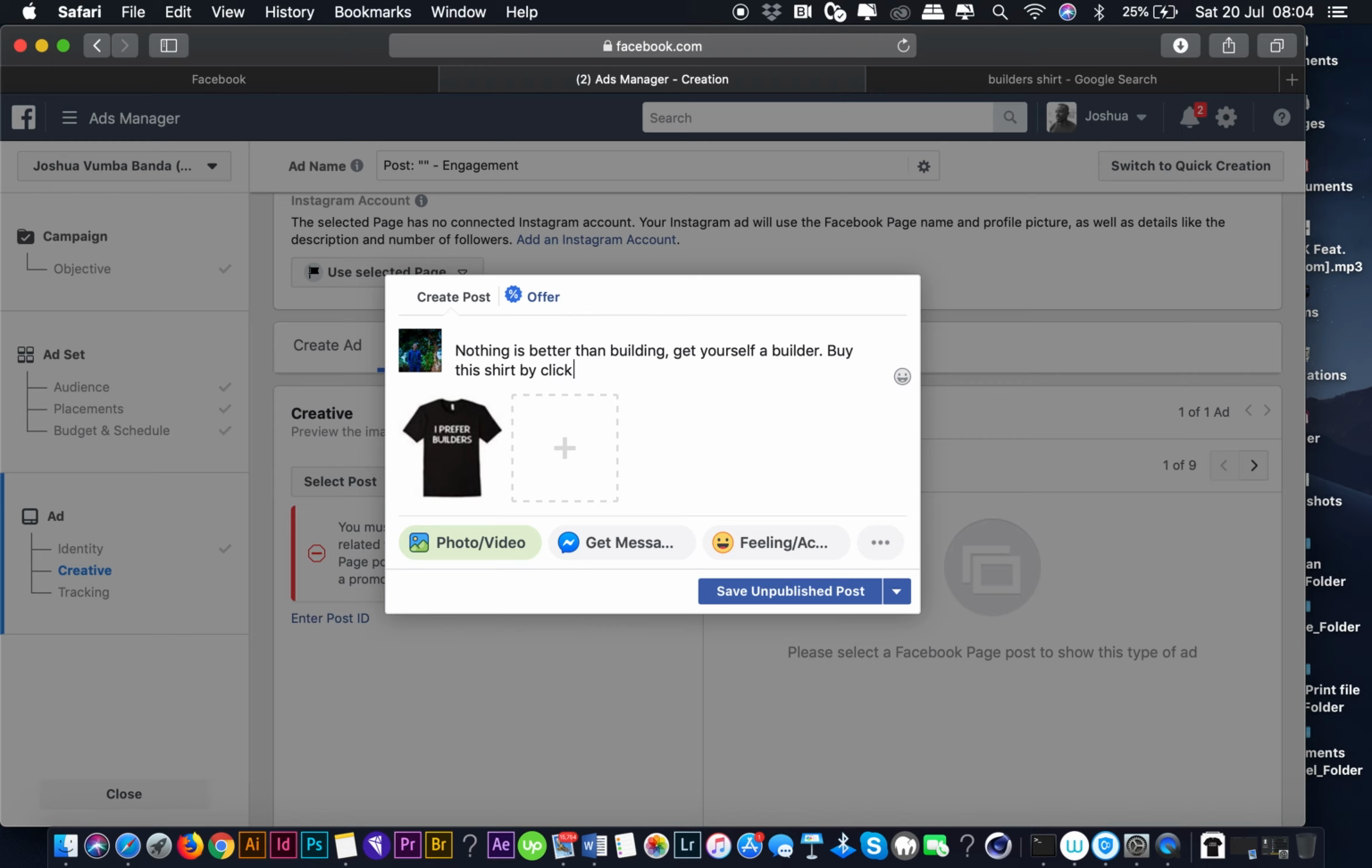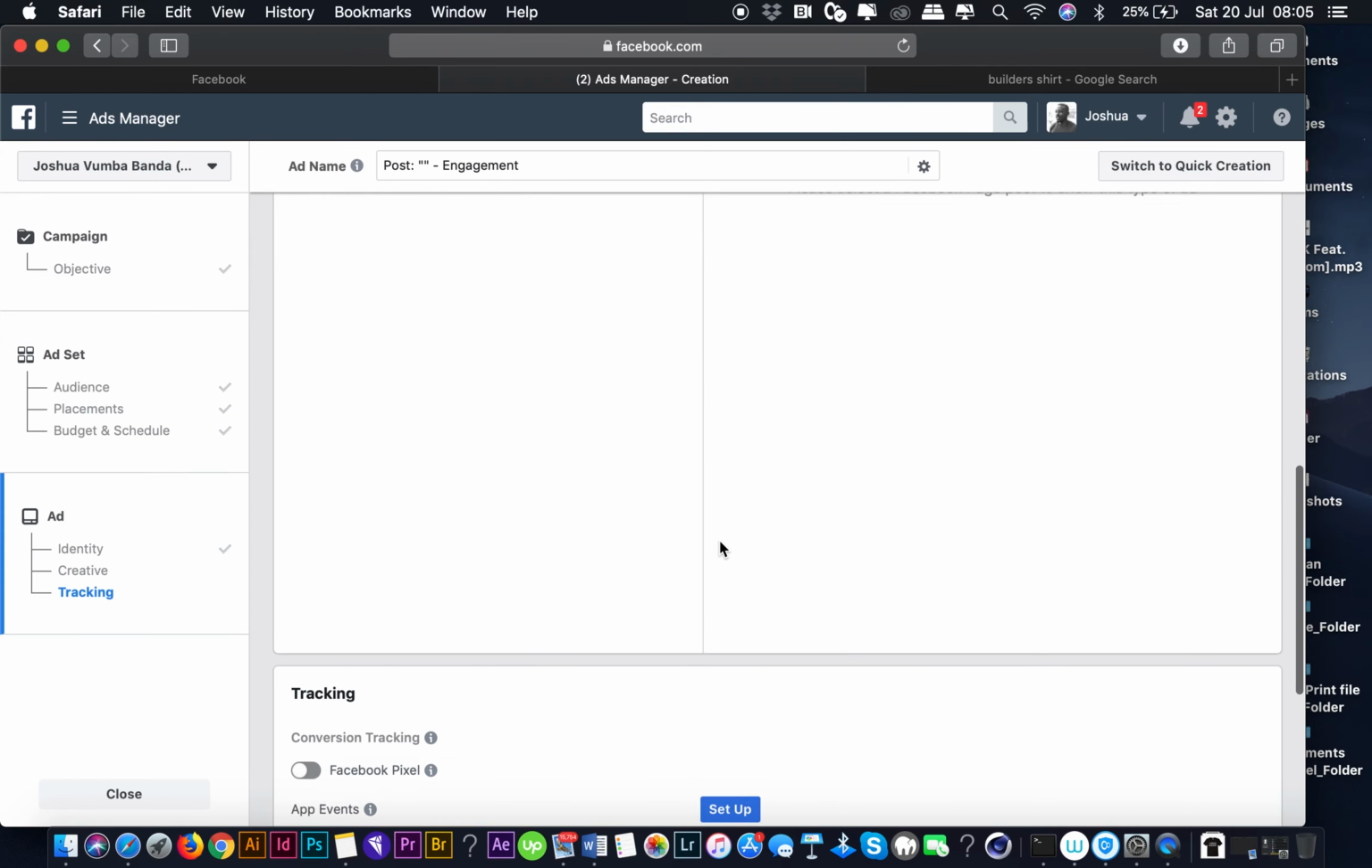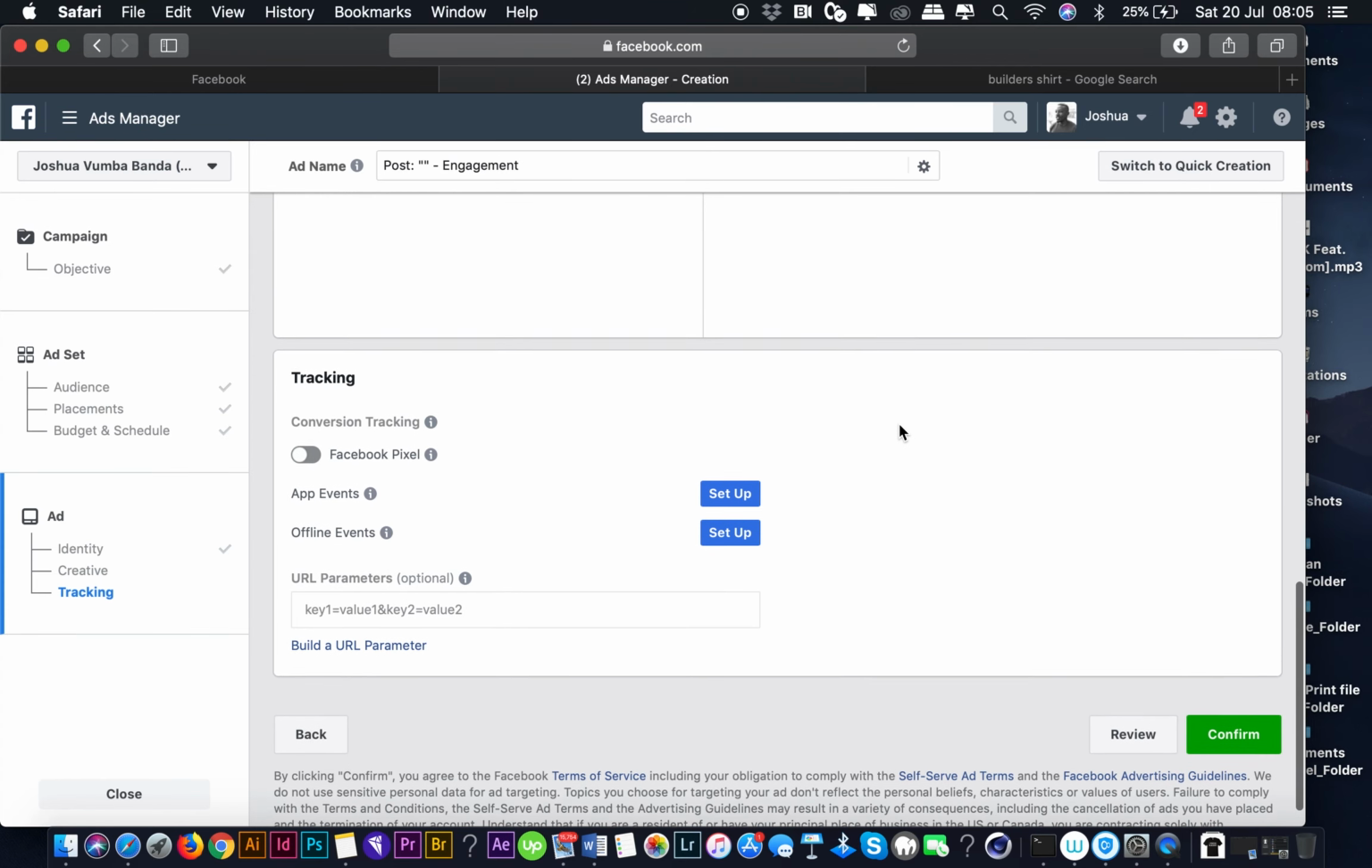This one I can say buy this shirt by clicking. It's easy, if you go to the website you can see buy shirt by clicking on this link, and you can put your link, or your contact details. So you can go ahead and publish that post, and after publishing it, you can select it and boost it. Once you're done with all of that, then you just go to confirm, and that's it. Facebook will